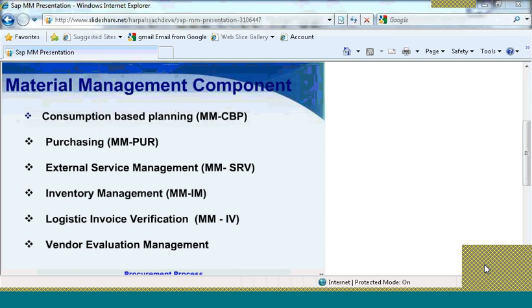The fourth component is the inventory management. The fifth component is your logistics invoice verification. And the final component is vendor evaluation management. So these are basically the different components which come in the SAP MM module.